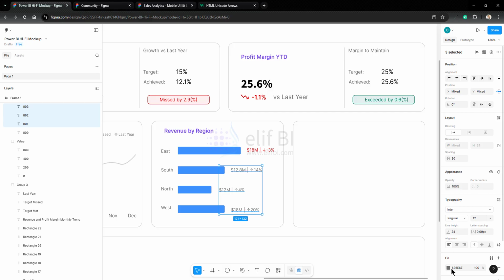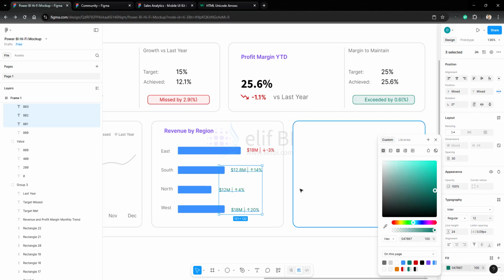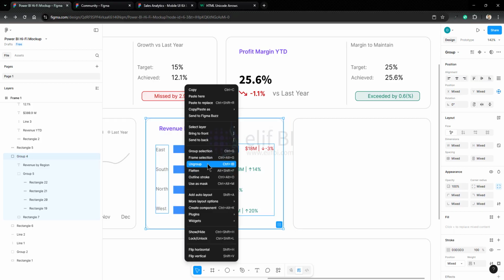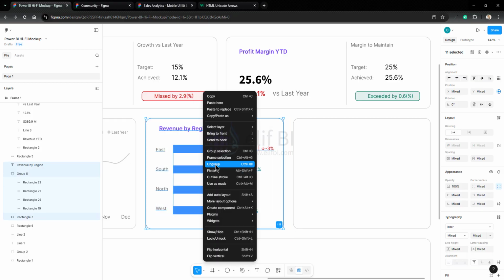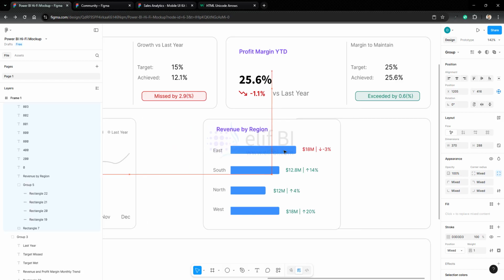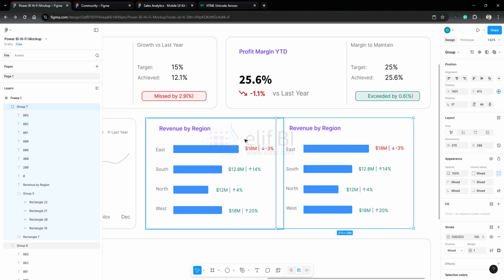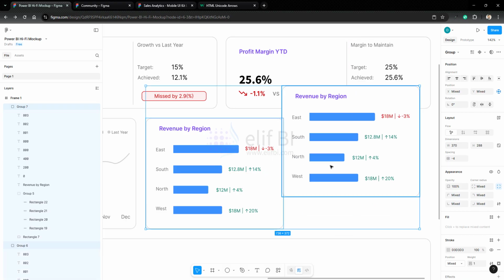Let's say all these 3, they have to be green. You will simply click on green. Control, click, drag, right click, ungroup all of these, and then right click, group selection. Okay, so now you've got this one. What you can do is Control C, Control V, do it like